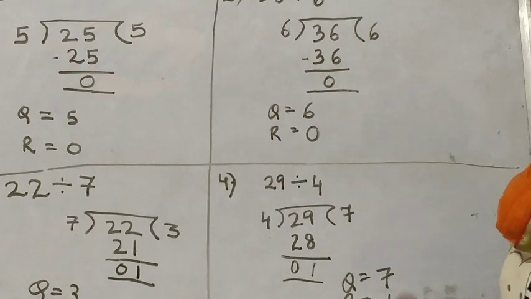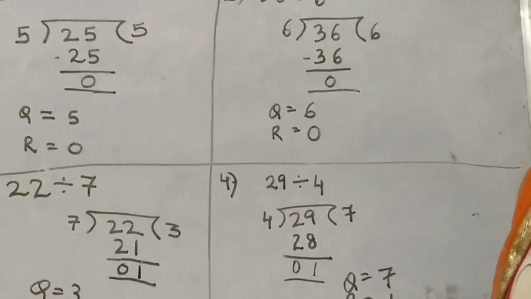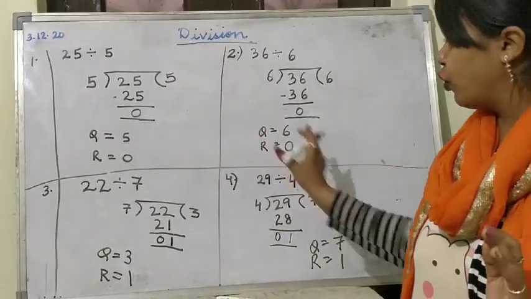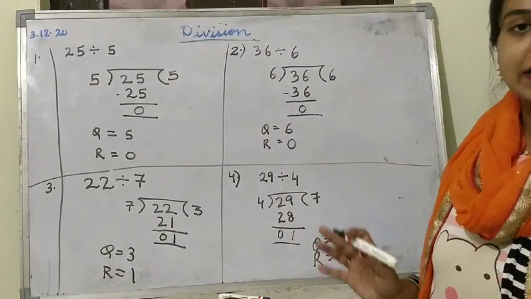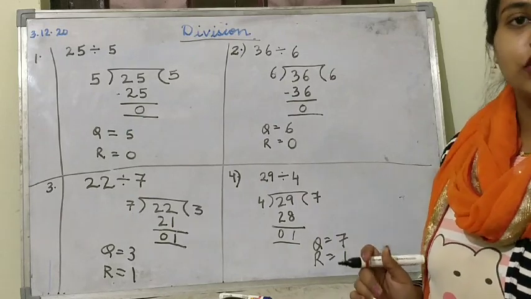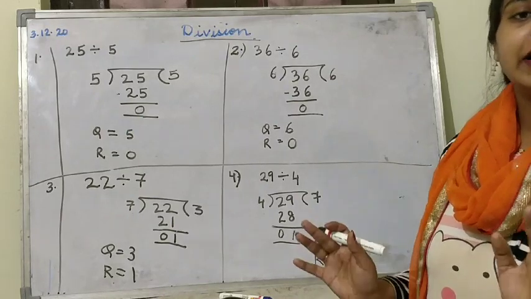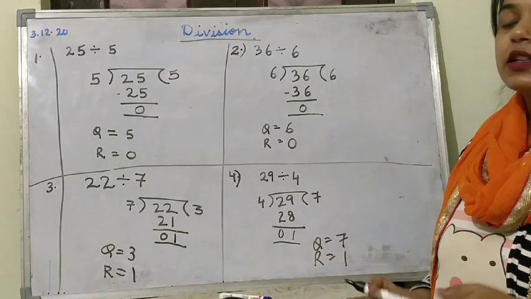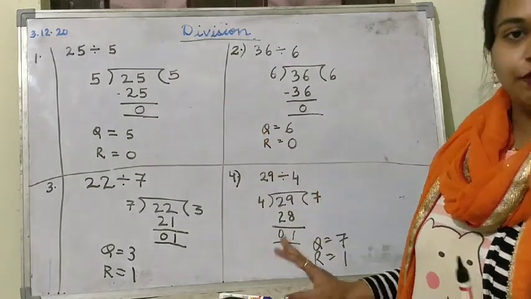Right, boys? I hope this basic division is clear to every one of you. So these 4 questions also you will copy as they are in your notebook. First you will do the fill in the blanks. In that I did 6 questions and 4 questions I gave you as homework. Please complete that. After that, please complete these 4 questions.